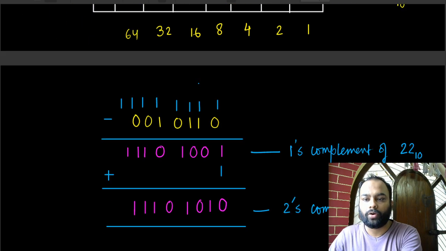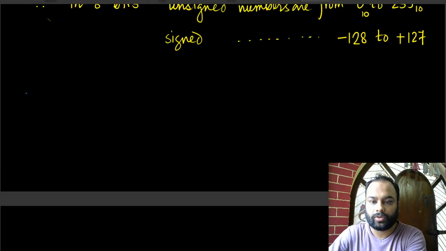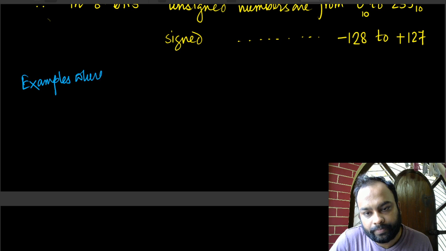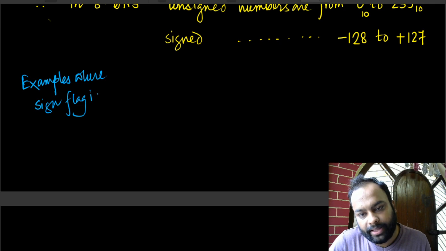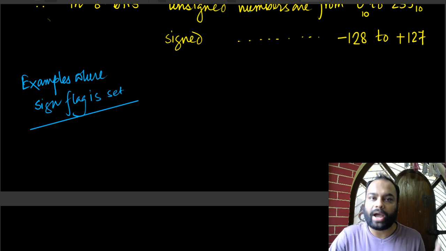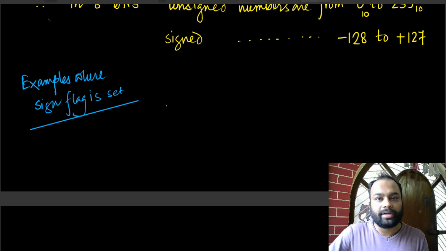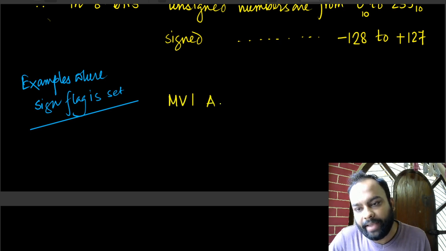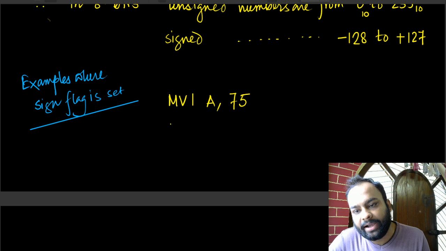Okay, so let's now go back here. So an example where the sign flag is set. Let me show you a very simple example once again. Moments ago I showed you how to compare two numbers, right? Comparison is a very good example where you get to see how the sign flag really works. So if I do MVI A comma, say for example 75, and MVI B comma, say for example 85,